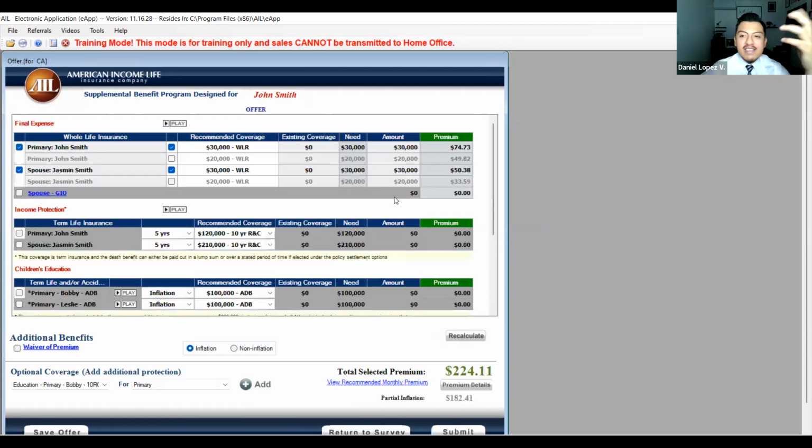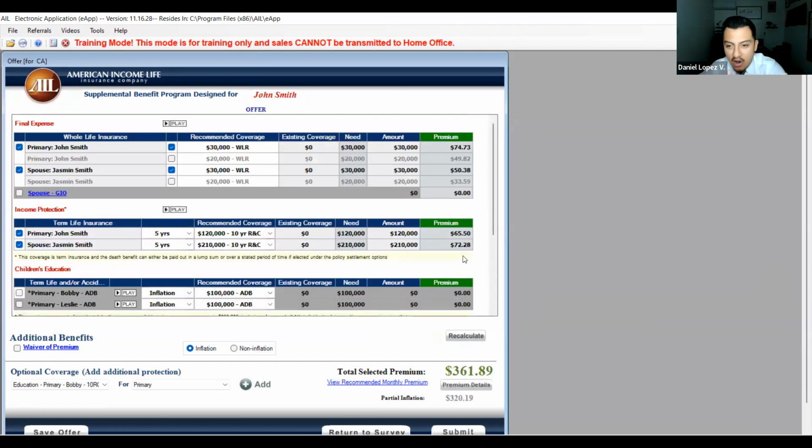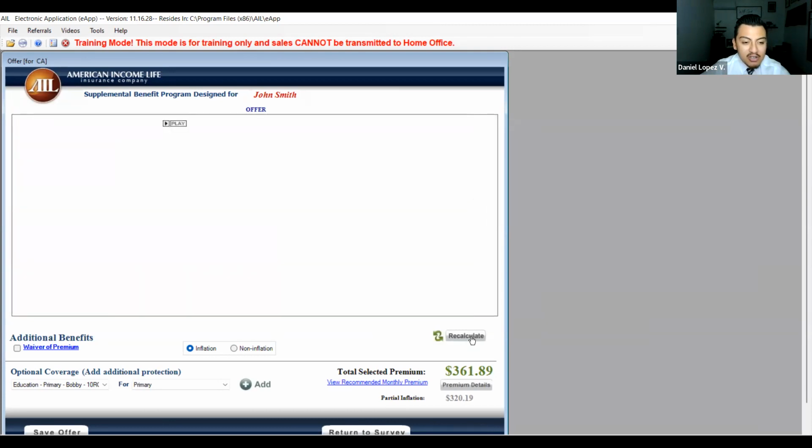So if you're going to use the e-app to sell, which all of you guys did because that's how you have to pass checkout, you do not talk about whole life. You don't talk about term and how you can renew it. You don't talk about cash value. You don't talk about none of that. You talk about what the e-app tells you to talk about.